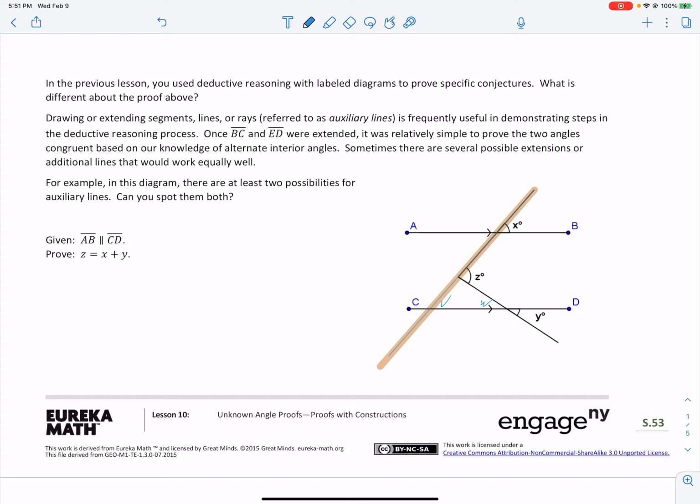So right here, we have a set of parallel lines and a transversal that is hitting them both, going through them both, cutting them both, intersecting with both of them, whatever you want to call it. And we can use a couple of our properties for this. One of our properties could be that the exterior angle,